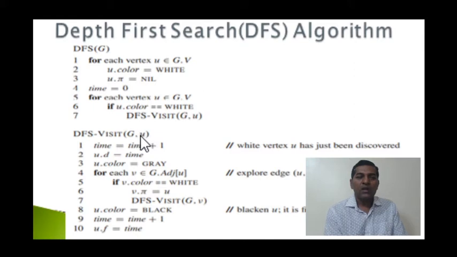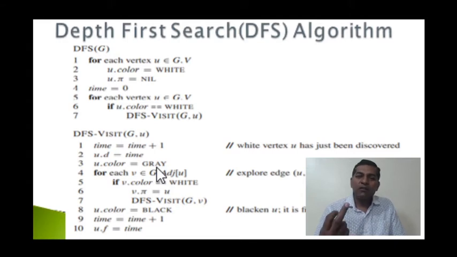So this U is a vertex. For that we have to assign a timestamp because it is visited at the first level. Then time becomes 0 plus 1, so the first timestamp is assigned to U.d equal to time. The vertex is visited at the first layer in the graph, that is why one timestamp is maintained. Then U.color is equal to gray. Since we said that we will be using three colors, one is white, the second is gray, and the third is black.